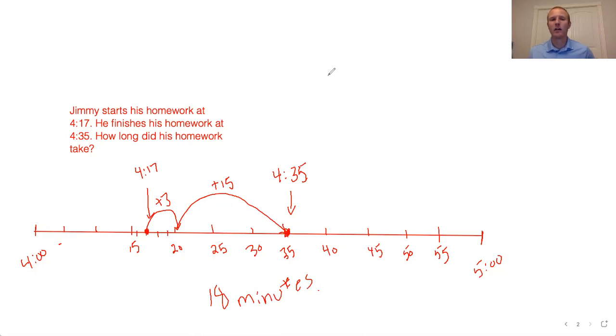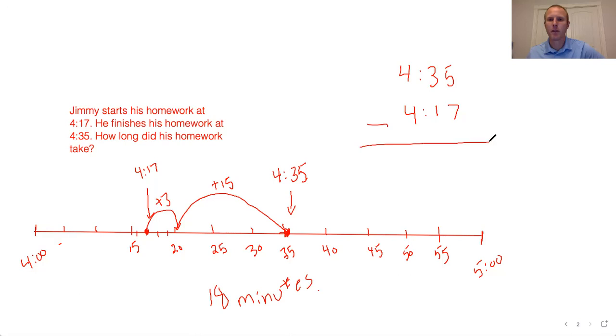Now I could have solved that using subtraction. In this case, this is just finding the difference, right? We're taking 435 minus 417, and we're finding how much time has passed between those two times. And I could set that up like this: 435 minus